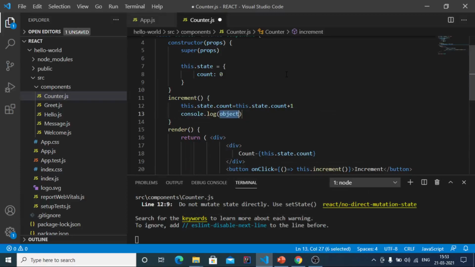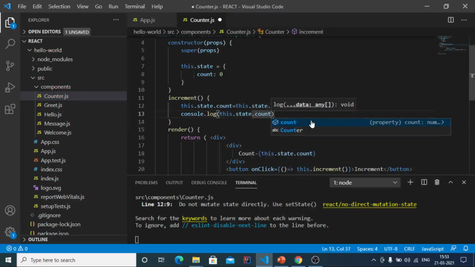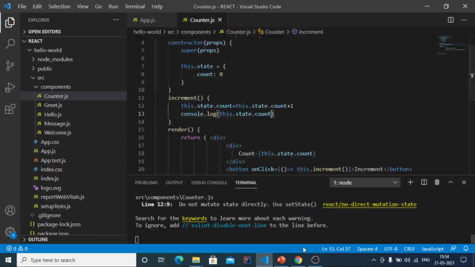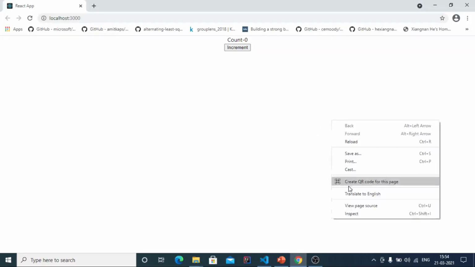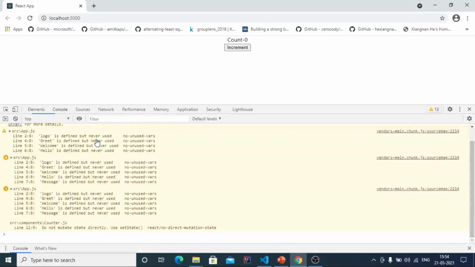In console.log we are going to print this.state.count. So save this file, and now save all the files, and take a look at the browser. And now I would like to inspect the console. And as soon as the console screen appears, you can see here